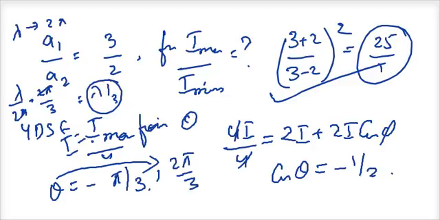So if there are 2 points in a Young's double slit experiment where the path difference is an integral multiple of lambda by 3, what will happen is I will get an intensity of I, where I is the incident intensity. Okay, so this is how the maths goes. Now what we will do after this is we will try to understand the different experiments and then we will proceed.